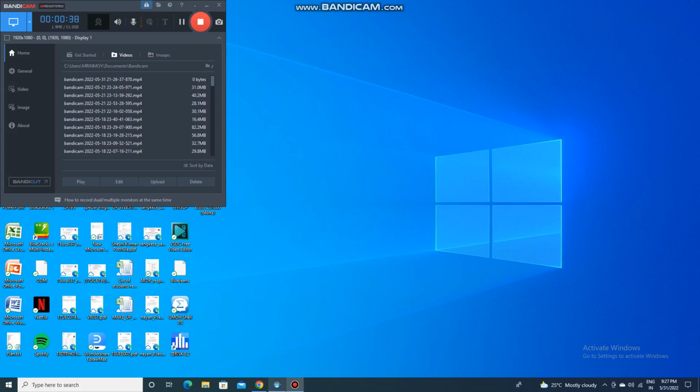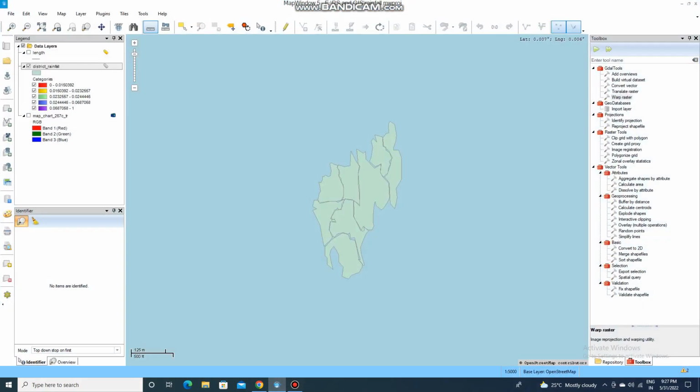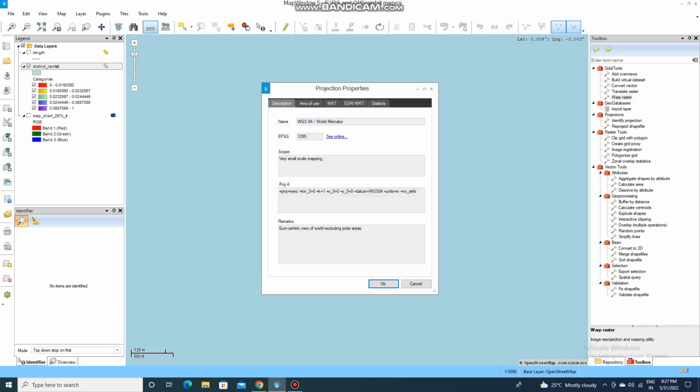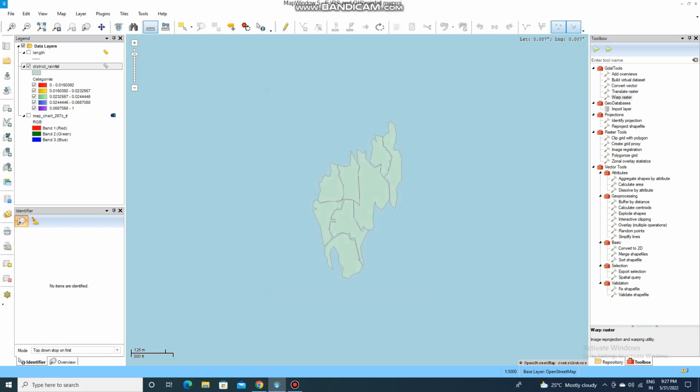Now, presently, as you can see in this MapWindow software, this system is using the WGS 84 Northern Hemisphere projection system, WGS 84 EPSG 3395. This type of coordinate system is being used. Now, what we will do is we will try to register an image into this coordinate